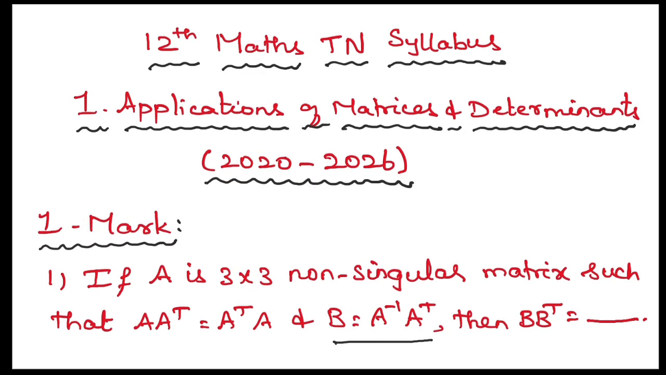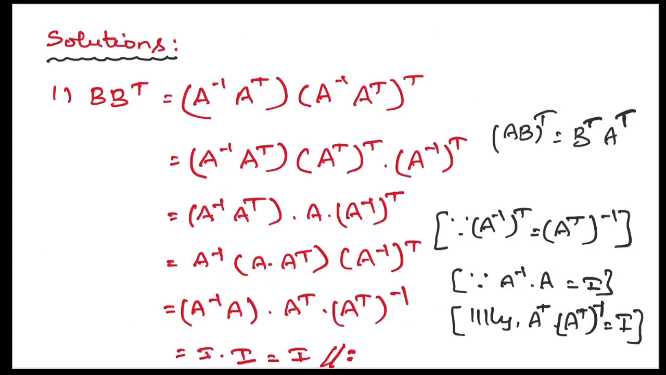We have to find B transpose and we know B is equal to A inverse A transpose. So substitute பண்ணுங்க. B transpose is equal to A inverse A transpose into A inverse A transpose the whole transpose. That is equal to A inverse A transpose, AB the whole transpose is equal to B transpose into A transpose ன்னு படிச்சிருக்கீங்க. இதை யூஸ் பண்ணி into A transpose the whole transpose into A inverse the whole transpose ன்னு எழுதிக்கலாம். So that is equal to A inverse A transpose into A transpose the whole transpose is A into A inverse